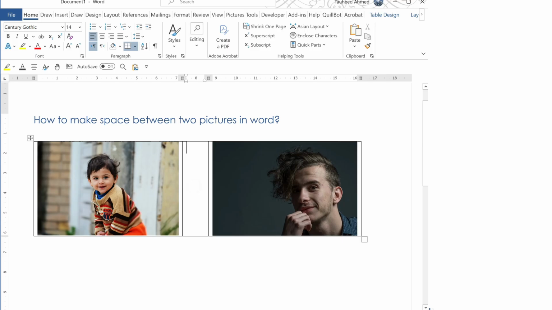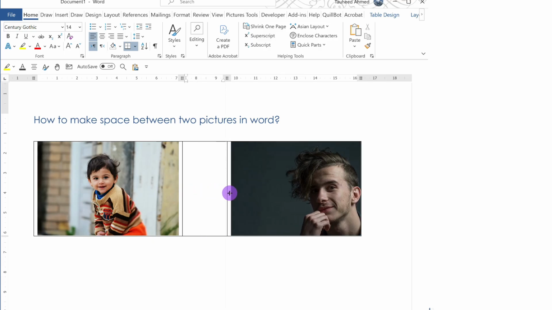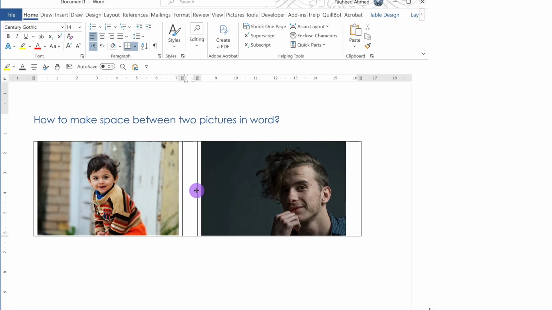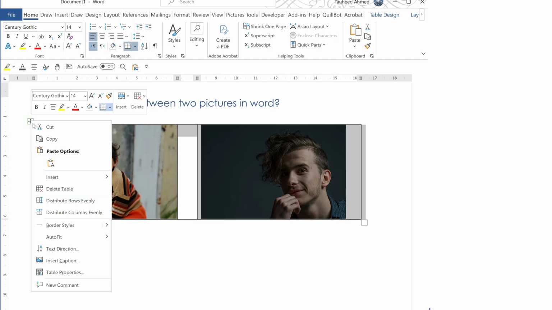You can resize this column to create the exact amount of space you want, like this one. Drag it, and you can drag it to make the space according to your need. And now select the table by clicking this four-sided arrow and then right click, go to